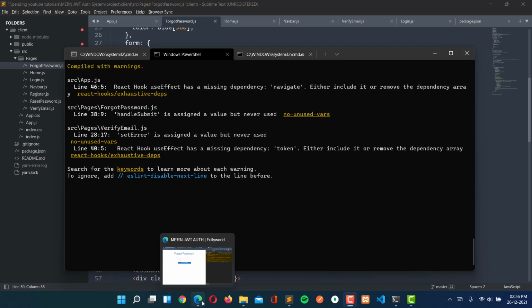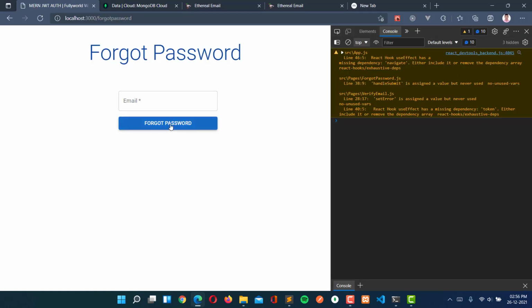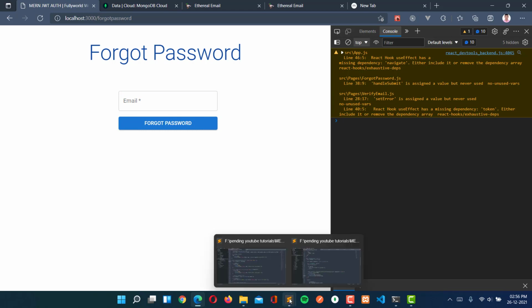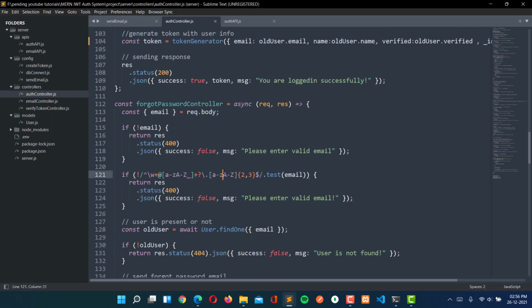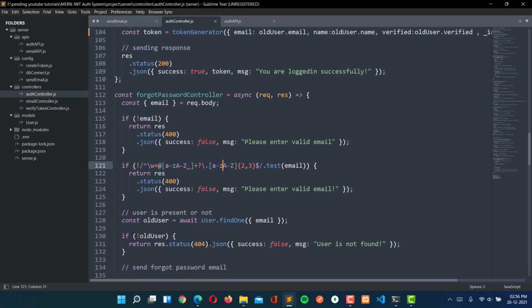So now let's move forward, and when I click on forgot password, we should get the alert, that is, please fill out this field. See, that is what we are getting, and let's see if there is error handling. See, error handling is done.